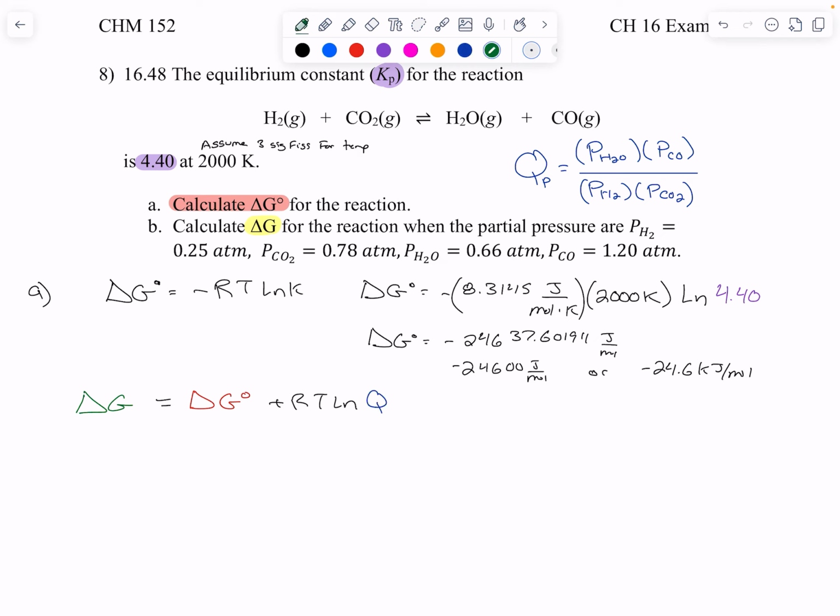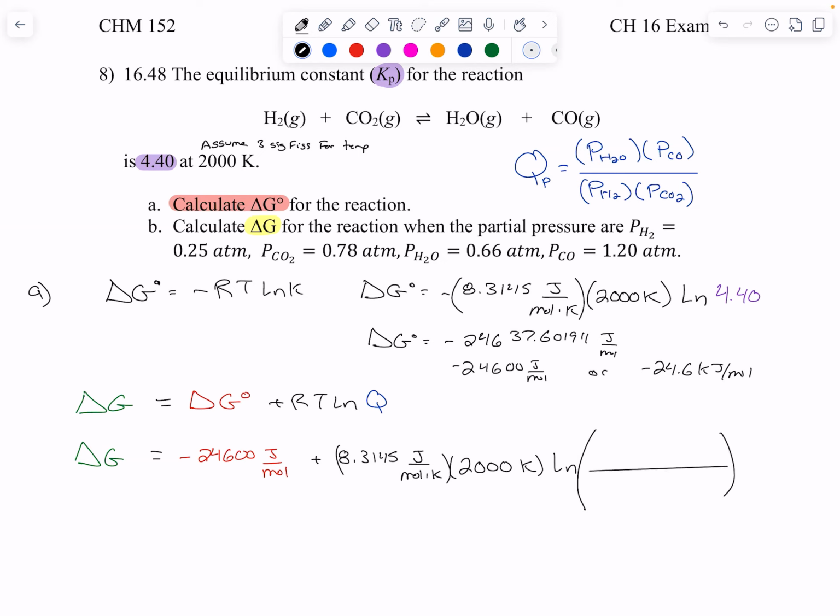All right, so delta G equals, because R is R, I'm going to use negative 24600 joules per mole plus 8.3145 joules per mole K times 2000 K times the natural log of,